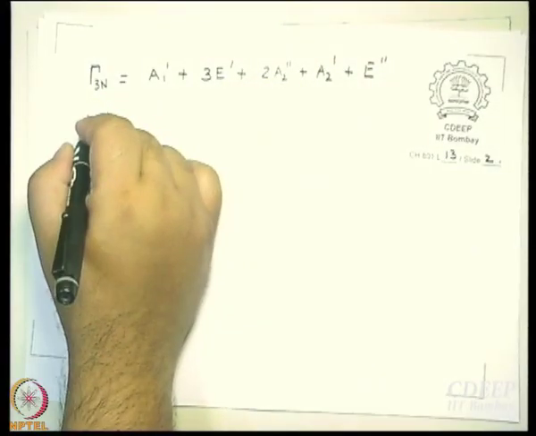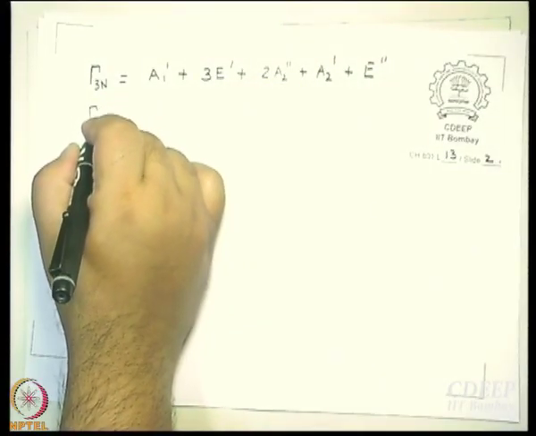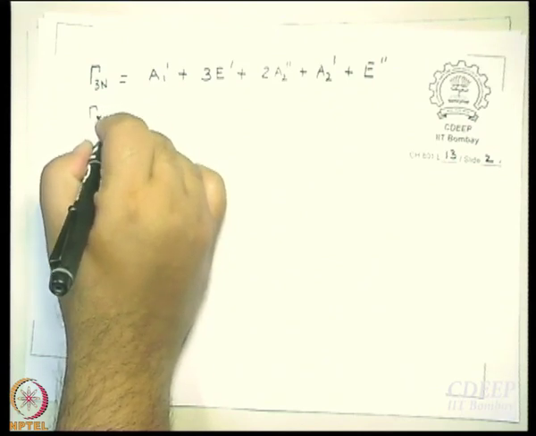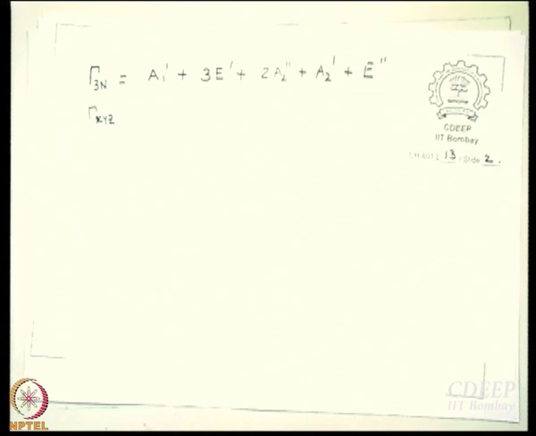So, what do I take out? So, this is gamma 3n. What I will do is I will write down what is gamma translation, or I will write just x, y, z. Gamma x, y, z means these will be the x, y, z components of translation, right. So, what is gamma x, y, z? Tell me.